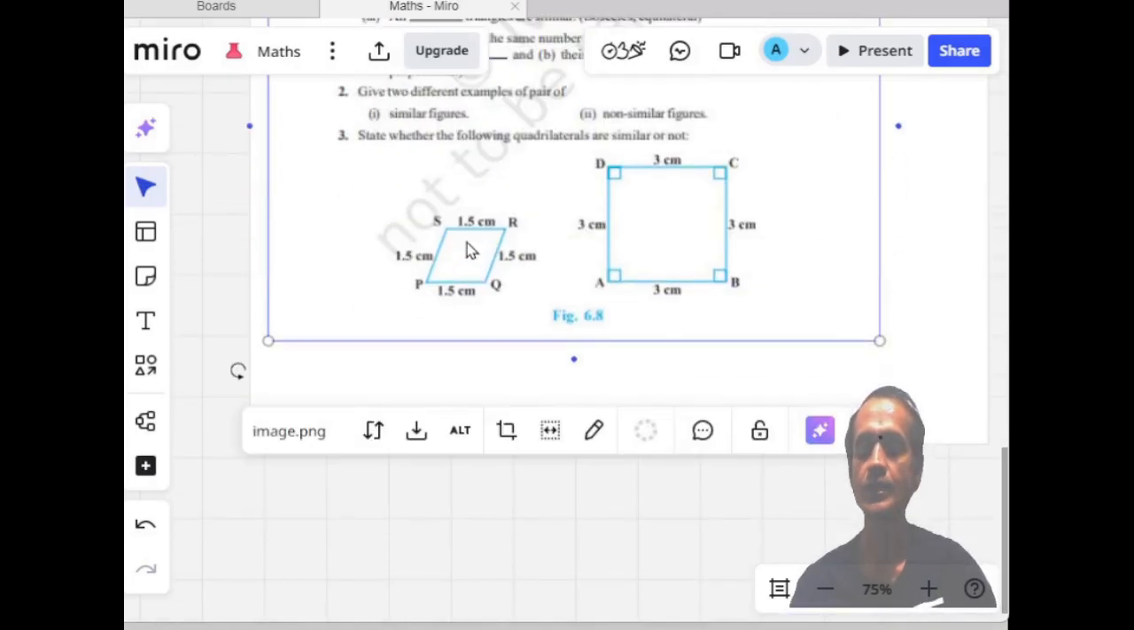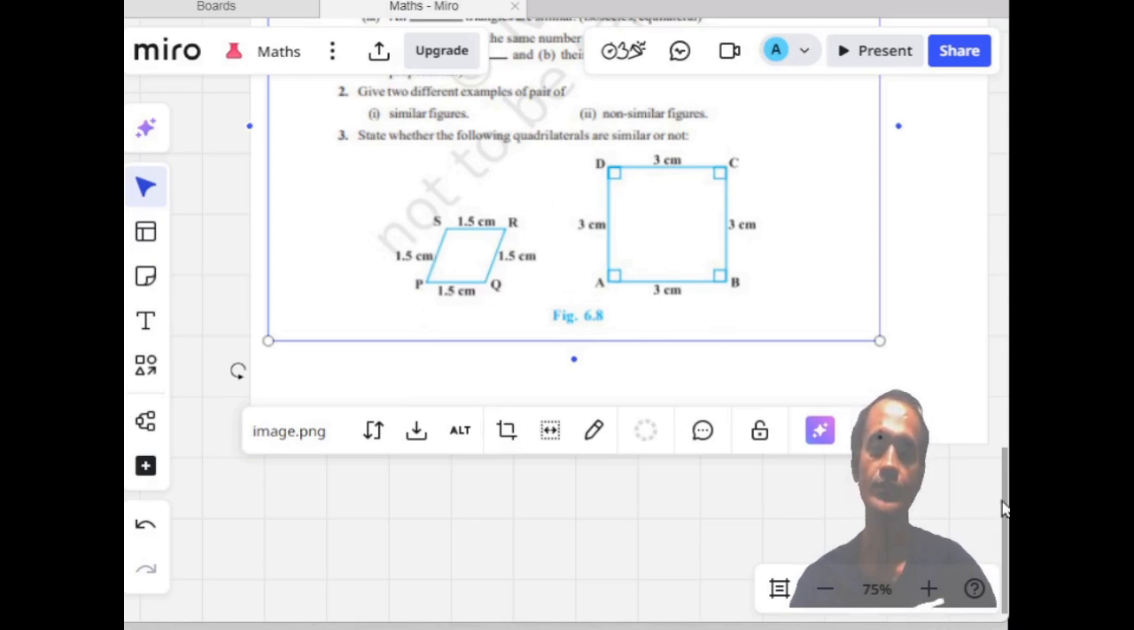So we see the sides here are proportional. 1.5 times 2 is 3, 1.5 times 2 is 3, 1.5 times 2 is 3. These sides are proportional. But what about the angles? Here we have 90 degrees, here it is more than 90 degrees. Here 90 degrees, it is less than 90 degrees. So the corresponding angles are not